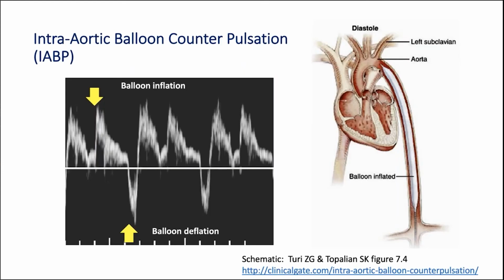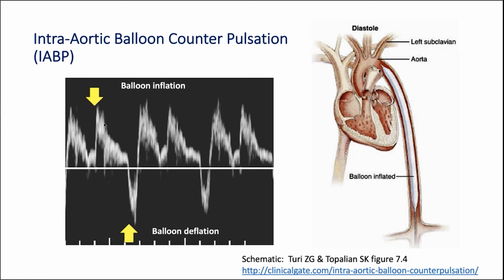In this slide, I have a cartoon showing you the placement of the intra-aortic balloon pump in the descending thoracic aorta, and then a tracing of the right common carotid artery over the cardiac cycle with balloon usage. If you start at the leftmost side of this tracing, this is the normal ejection of the ventricle. At this point here, the aortic valve closes and the balloon inflates, producing a second pulse of flow during